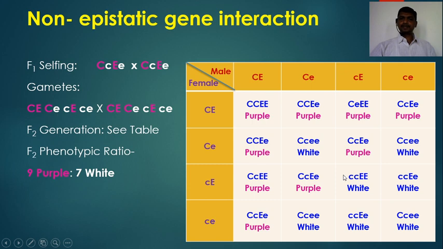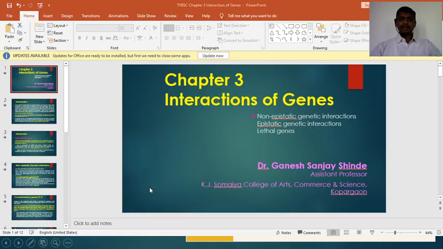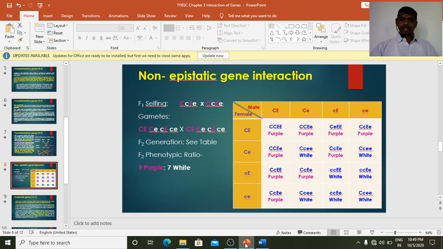So these are the complementary genes. When both the genes are present in the genotype together, they can help one another to complete the action of production of a particular phenotypic trait. They complement one another, they help one another. So such a type of genetic interaction, we refer to here as complementary genetic interaction, and the F2 phenotypic ratio is 9:7. So we can make it in a notebook also.